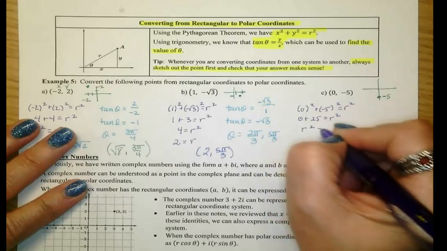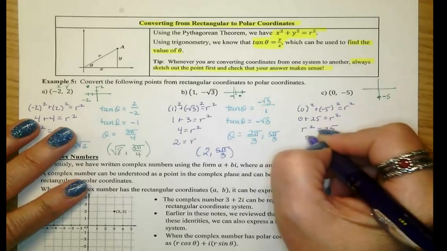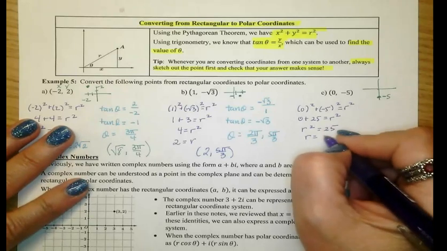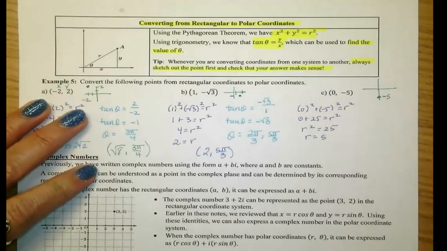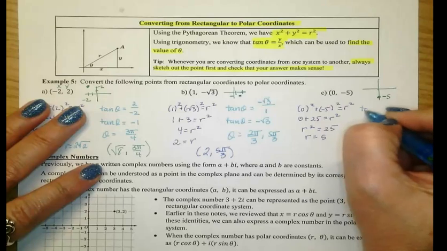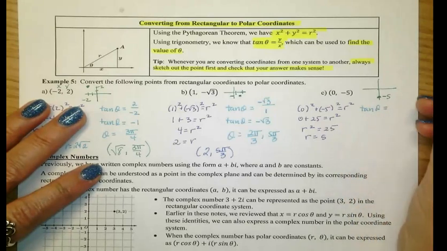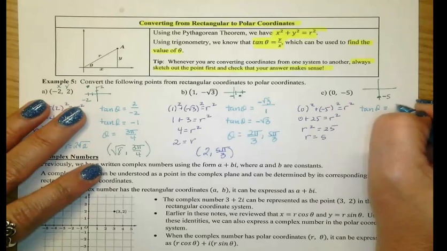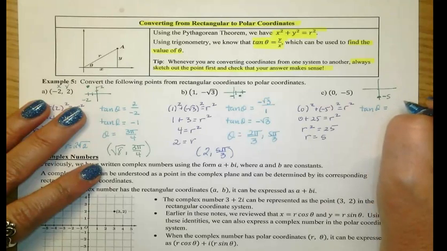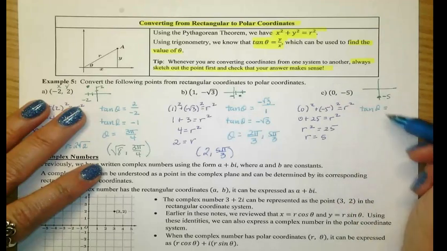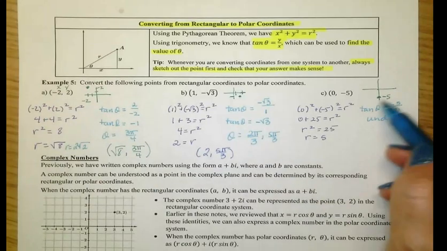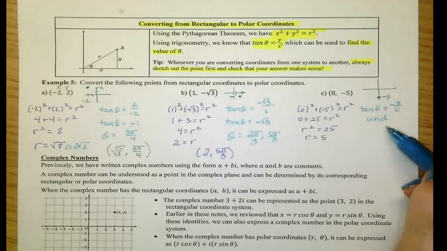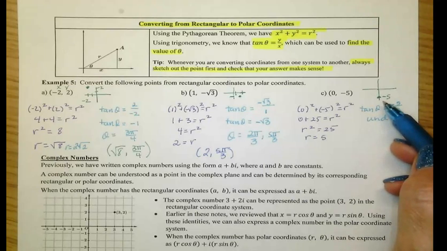So now r squared equals 25. R, or the absolute value of r, is going to be 5. And that, because we're going to be down here. And then we're going to use our tangent to find our angle. So tan of theta is going to be, and then we use the y, so this is tangent, which is sine over cosine. So we have a problem here, right? We can't divide by 0. So this conversion fact isn't going to be very helpful for me right now, but all of my prior knowledge